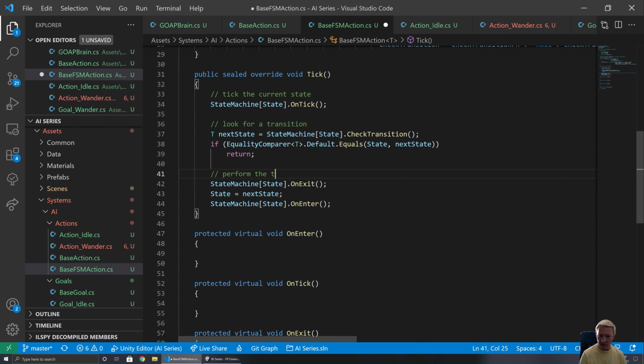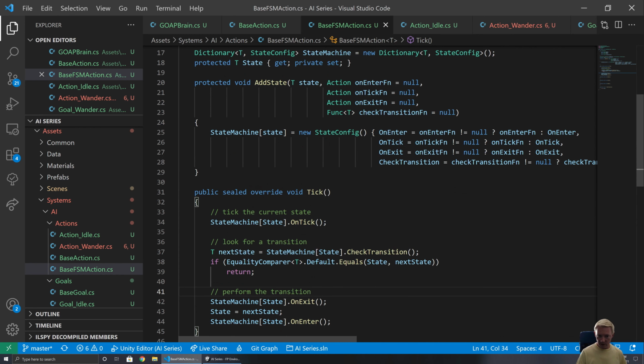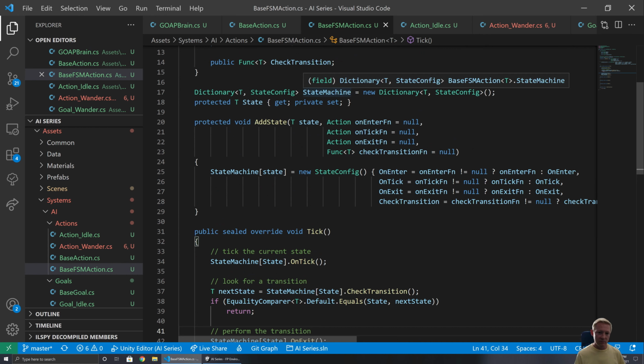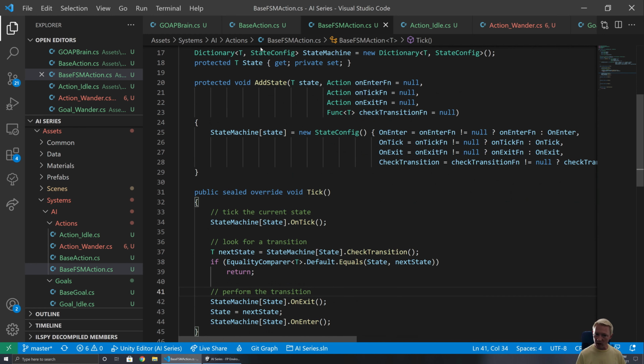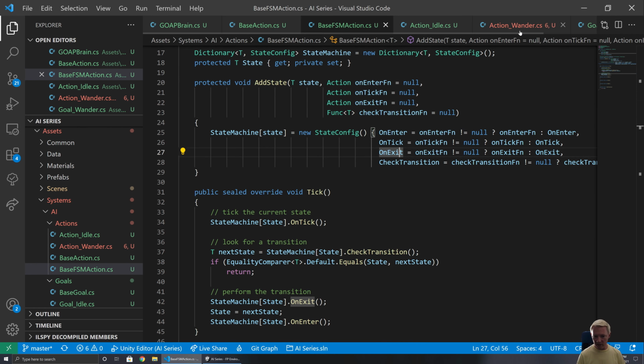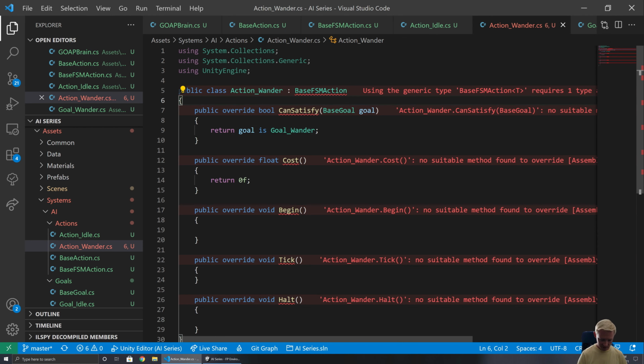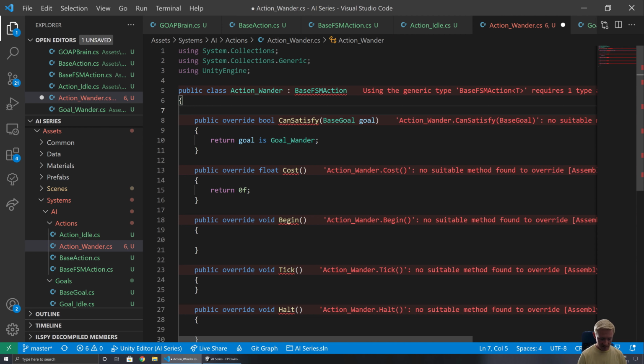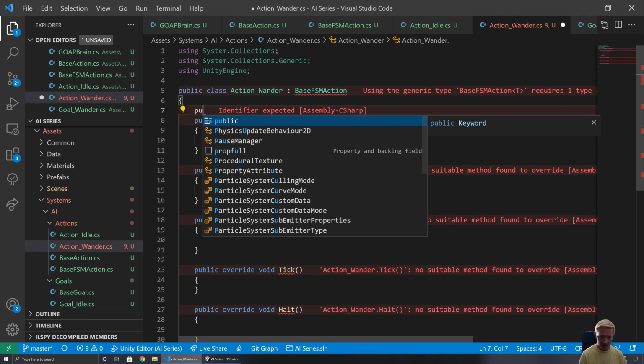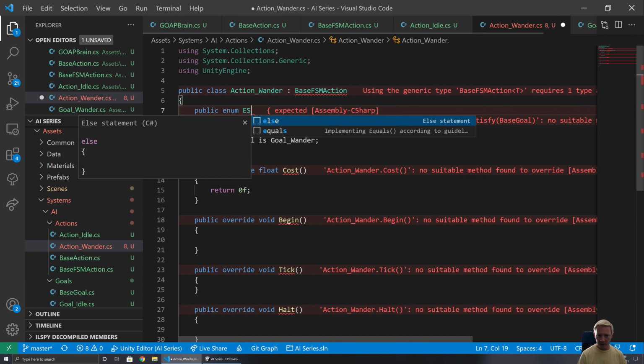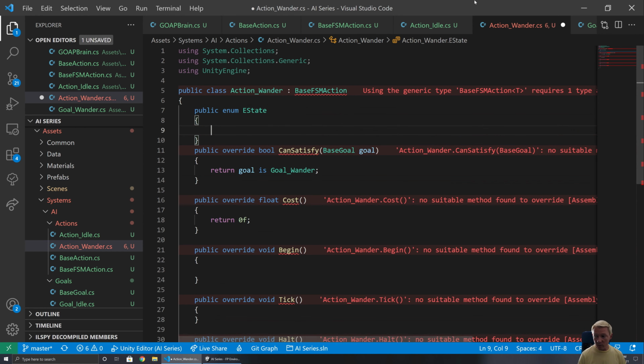So that performs the transition. That also means at the very beginning, we need to run our actual initialization of entering whatever state we're currently in. So we'll get the states being populated in Wander first. So what I would have here is an enum, public enum EState. In terms of the states that we've got for this, the Wander needs to be finding a location, following it, and that's sort of the key states it's going to do. So we've got finding location,